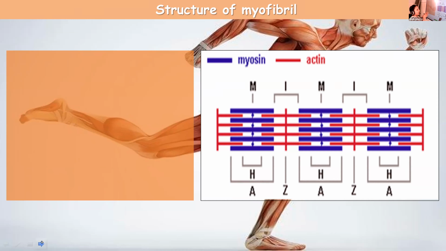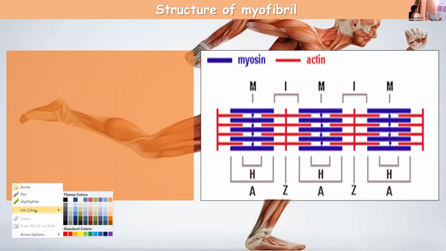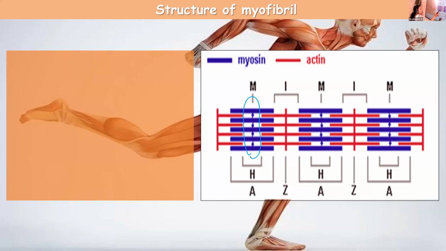They are partially overlapping. Why? Because in the center, there is no overlapping. In the center, you cannot find it; see here it is not overlapped. On either side, overlapping takes place. And what is Z line? As I told you, Z line is an elastic fiber passing through the center of the I band. And the actin filaments on either side of the myosin filament will be overlapping it partially. Why partially? The central region is left without any overlapping.